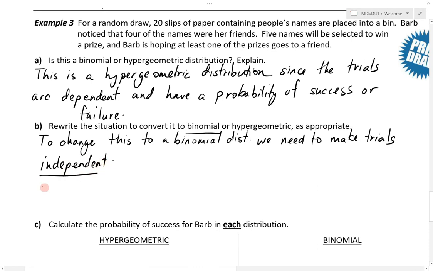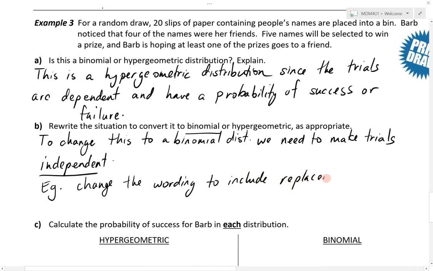So how do we do that? Well, we can just, for example, change the wording to include replacement. Okay, when you include replacements, then you're going to make these trials independent. Okay, so 5 names are drawn one at a time